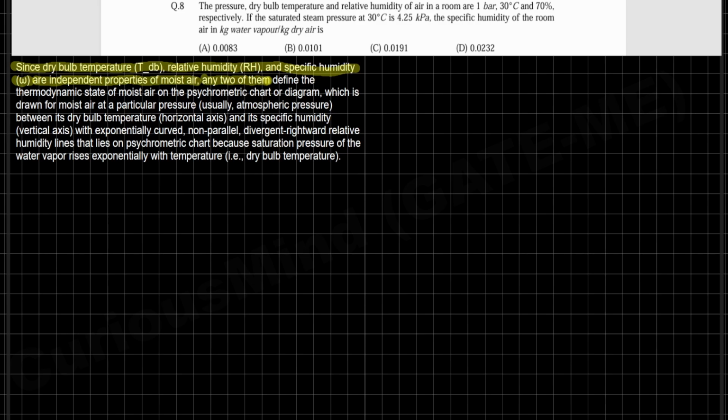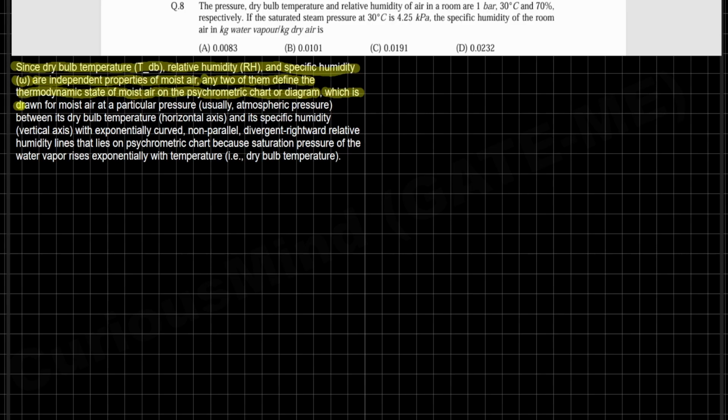Any two of them define the thermodynamic state of moist air on the psychrometric chart or diagram, meaning two independent thermodynamic properties of moist air apart from the given pressure are needed to get the state of the moist air fixed on the psychrometric chart according to Gibbs phase rule, and this helps in determining other thermodynamic properties of moist air,